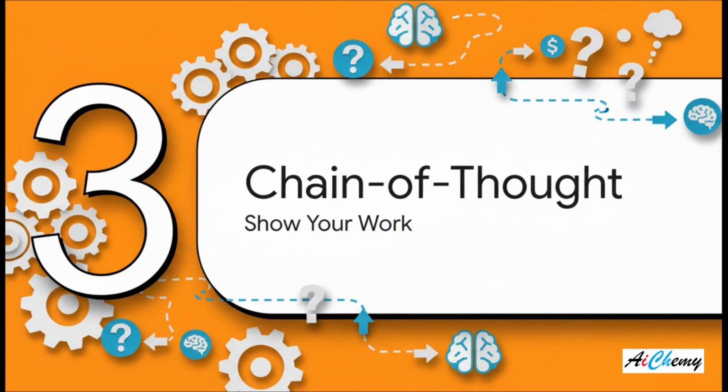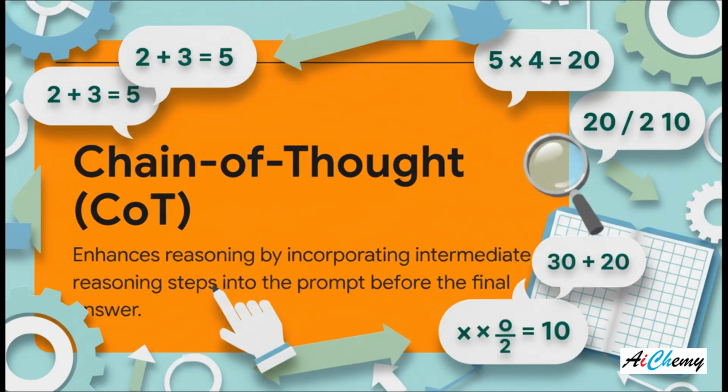Okay, time for the big one. What about really complex problems? Things that need actual reasoning. For that, we need our most advanced technique, chain of thought prompting. This is how you literally make the AI show its work. The big idea here is so simple, but it changes everything. Instead of just asking for the final answer, you tell the AI to think step by step.